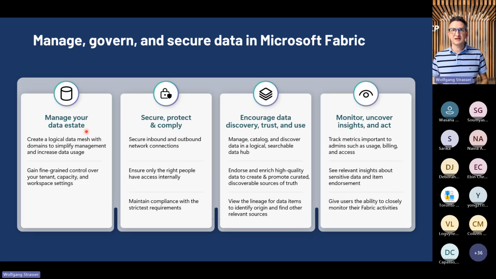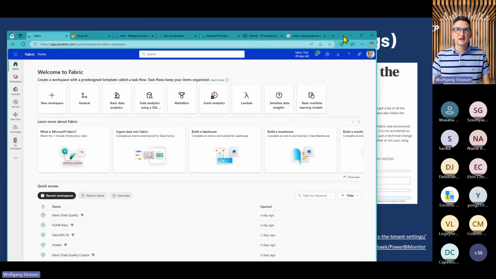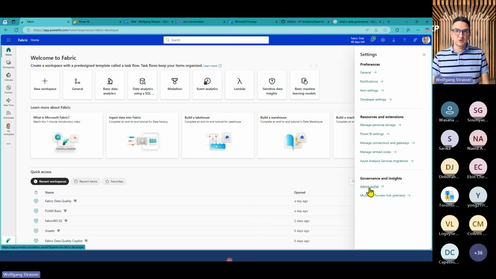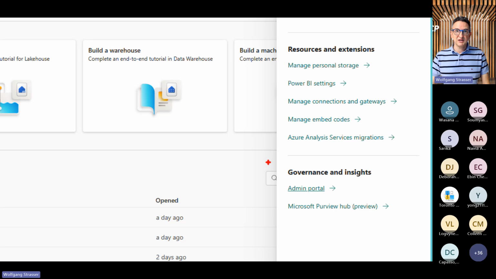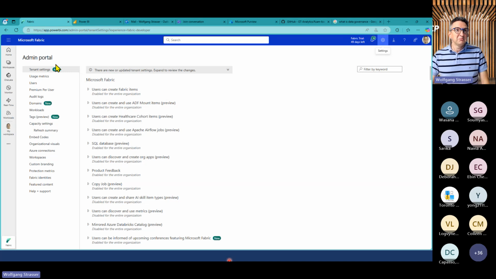As I said, data governance is not a project, it's a program and an ongoing process. And with that, let's start with the first demo. Maybe you've seen that one, so I'm going to bring up my demo browser. Maybe you've seen the admin portal. If I go to the settings page, I've got two links, and I will start with the admin portal over here. And in the admin portal, maybe you've been there and your list was not that long.